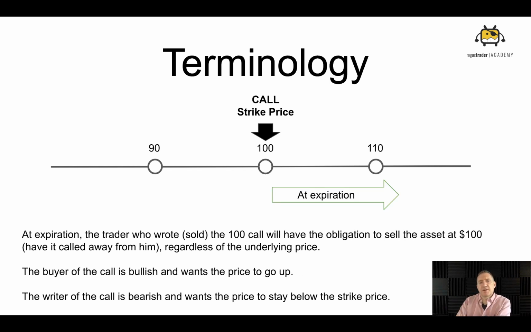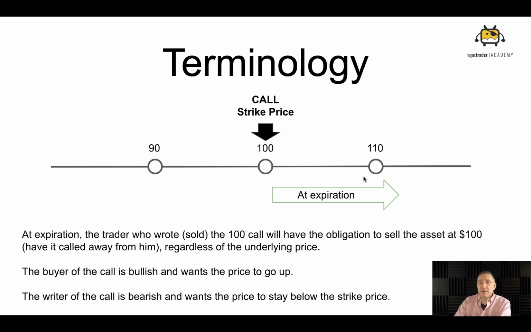So let's look at the opposite side. Let's look at some calls. A call buyer at expiration wants this thing to go up. I should have put that there, at expiration the buyer wants it to go up, but I didn't write that. I'm sorry. But the trader who wrote this, who sold these 100 calls, maybe the price was at 90 at the time. Maybe it's good for 30 days, whatever. Okay, fine. He's got the obligation now.